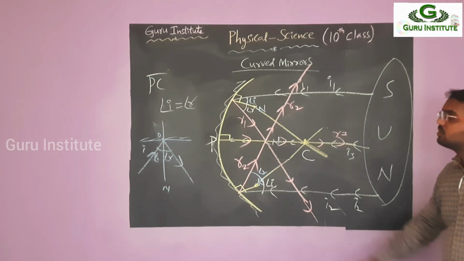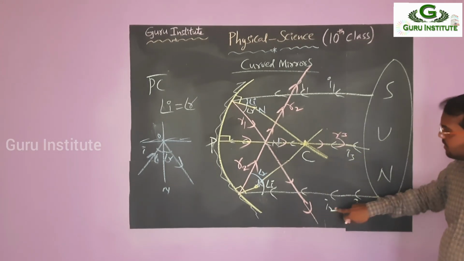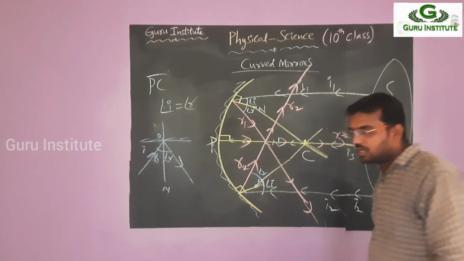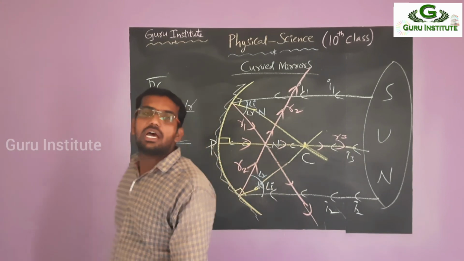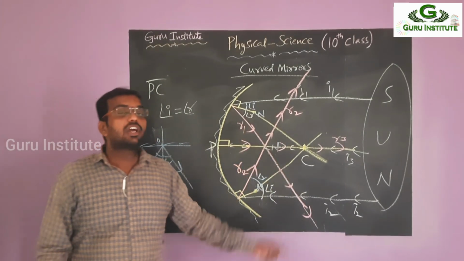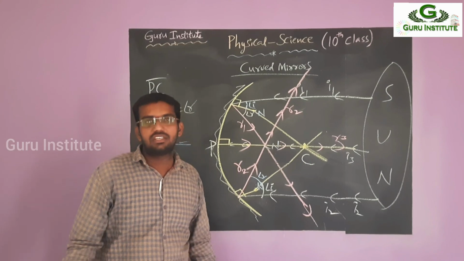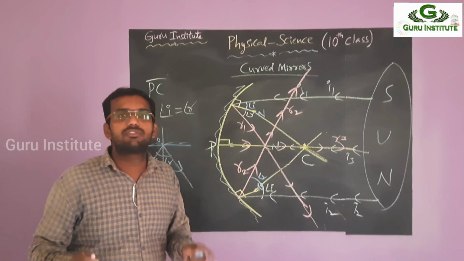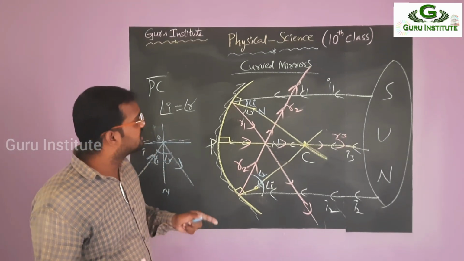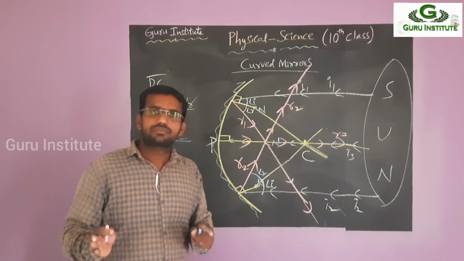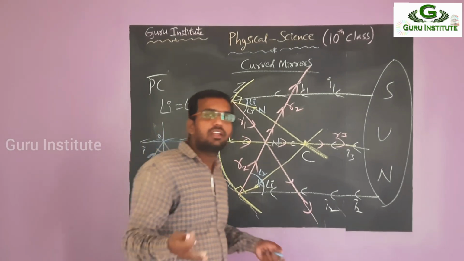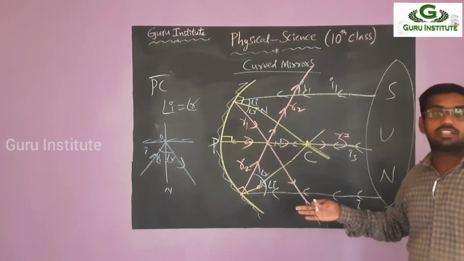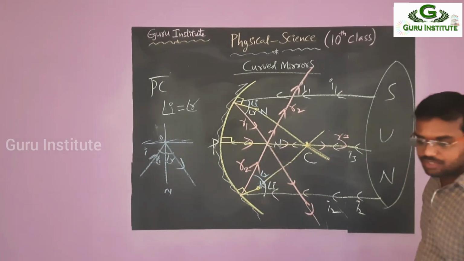Then what will happen? If you observe this, these are 1, 2, 3, the incident rays. We need not require the incident rays. Why? Because the image is always formed due to the reflected rays in the case of mirrors, and due to the refracted rays in the case of lenses. So we need not think about the incident rays. All incident rays come from the object only. Whenever incident rays fall on a mirror, they get reflected; if they fall on lenses, they get refracted. Whenever the reflected rays or refracted rays meet at one point, at that point the image will be formed.